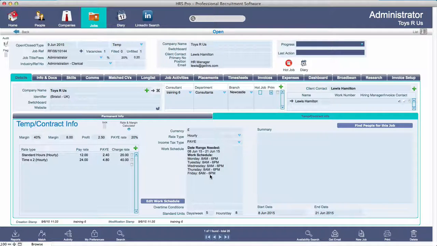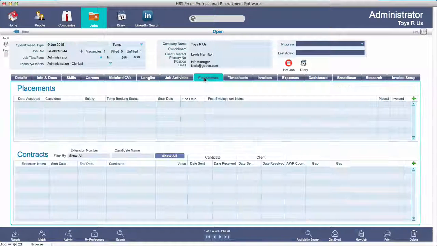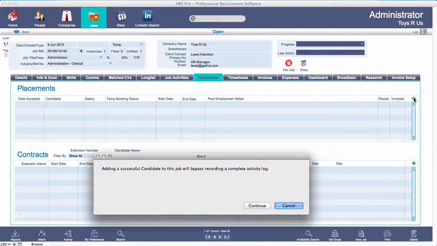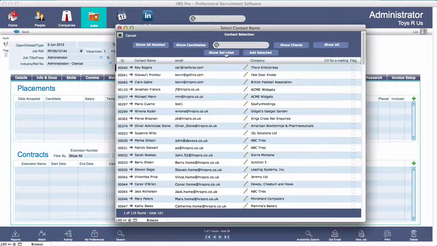day, Monday to Friday. And you can see on the left hand side in the rates table I've set up a standard hourly rate and a double time rate. I now want to put a temp straight into this job, so I'm going to go straight across to the placements tab, and then on the right hand side of the placements table at the top I'm going to click the green plus. I'm just going to click continue to that message, and then I'm going to find my temp